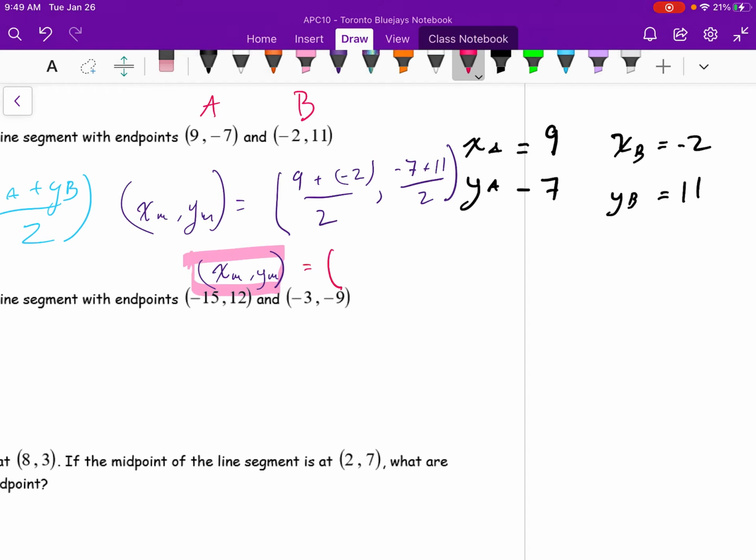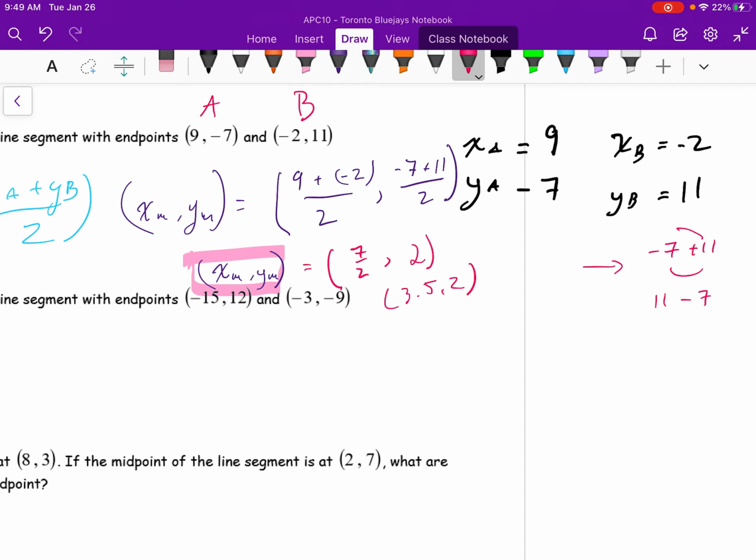So I'm going to do mental math here. 9 plus negative 2 is 7. 7 divided by 2 is 7 over 2, comma, negative 7 plus 11. Now I'm just going to refresh your mind here with integers. If I have negative 7 plus 11, it is much easier to swap places and say that's equivalent to 11 minus 7. So negative 7 plus 11 is 4. Divided by 2 is 2. So my midpoint is 7 over 2, comma 2,